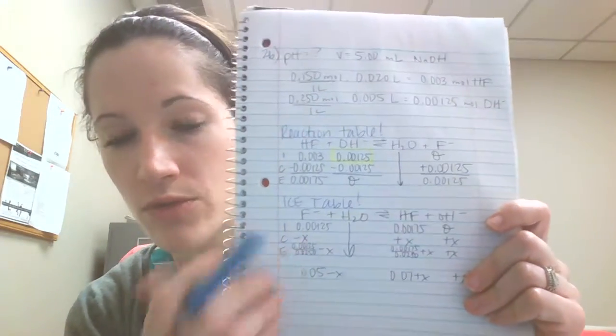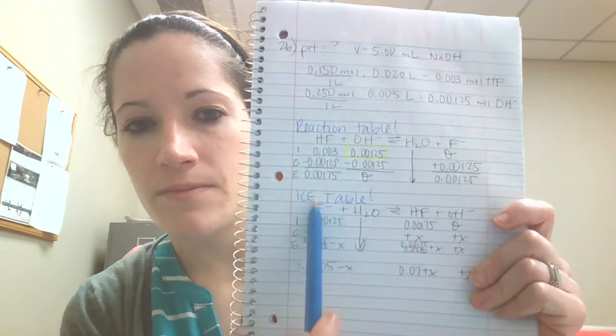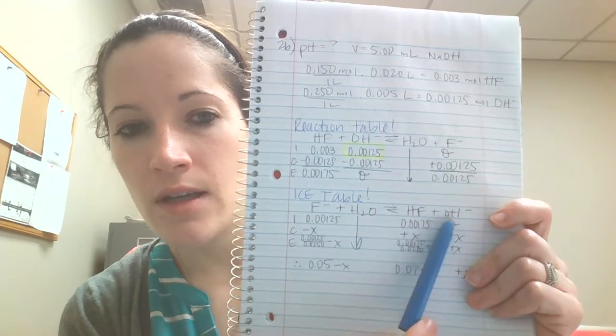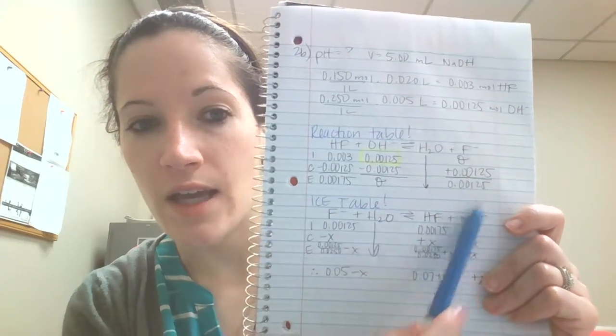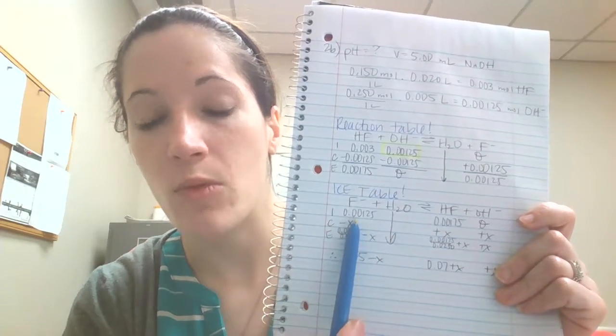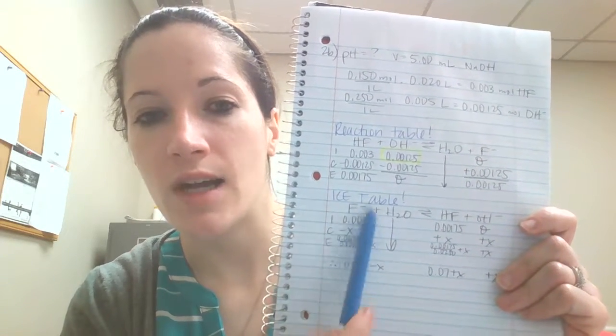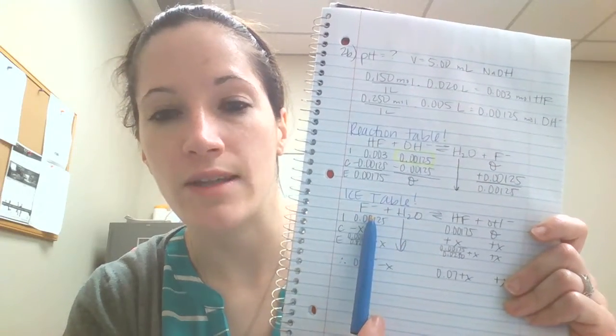Now, when I'm in this situation, there's something that's true about this equation. I have hydrofluoric, conjugate base, NaOH. This is a buffer system. If I add more acid, or more base, it's being buffered by the presence of the hydrofluoric and its conjugate base until I meet the equivalence point, and then it's no longer a buffer system. So I can set up the Henderson-Hasselbalch. pH equals pKa plus the log of